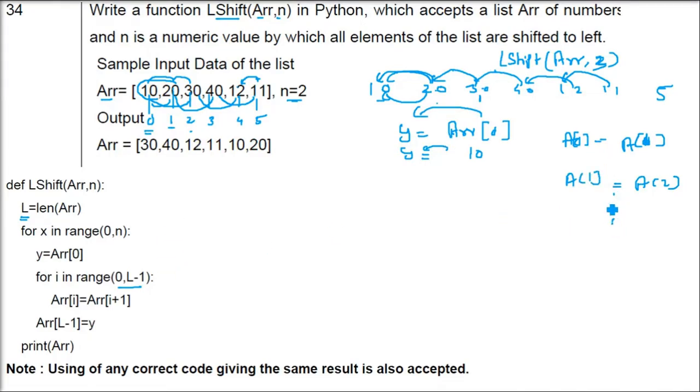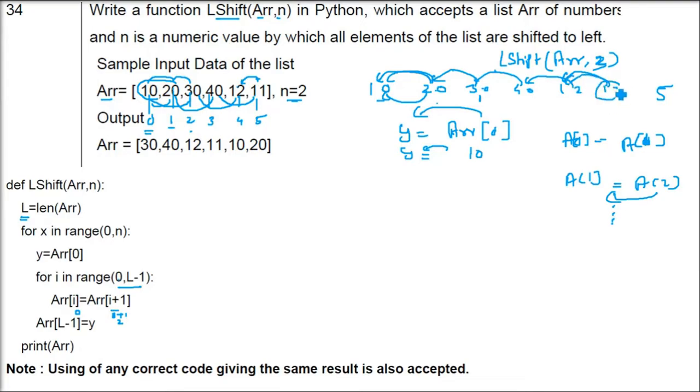Okay. So this I plus 1 you are transferring to I or replacing to I. ARR I plus 1 is AI. So when we increase, this 1 will go to 0 and this loop will take 2 to 1. So that is how till L minus 1 all the 5 shifting will be done.